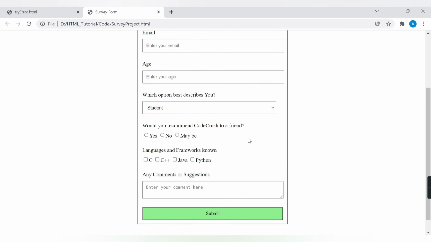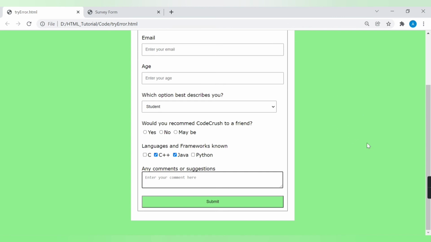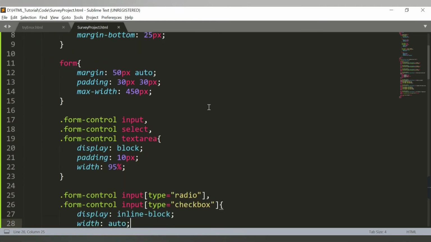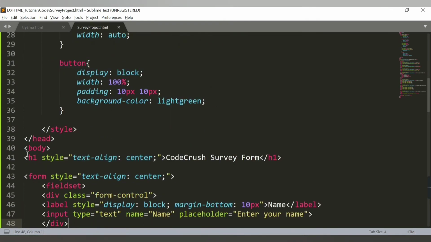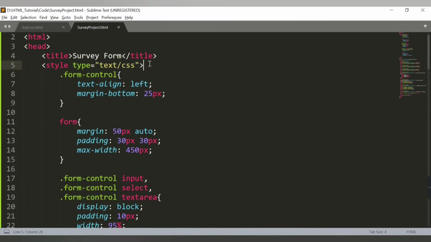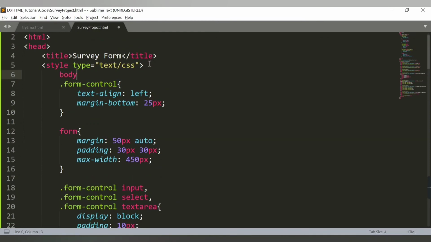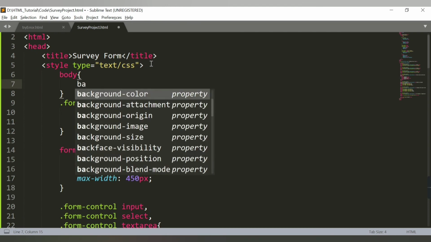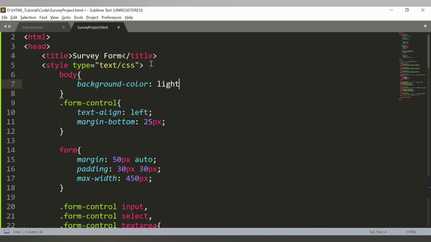Now what changes do we need to make here? If you see this website, you need to add this background color, right? So let's add the background color now. Everything on our page is basically inside the body tag, and in the style tag we only provide the attributes for styling. So you can style the entire body tag. Let me provide body, and I will style it with background color light green.